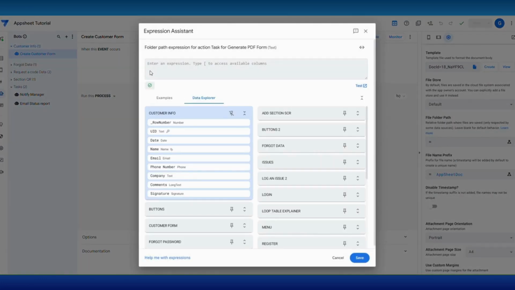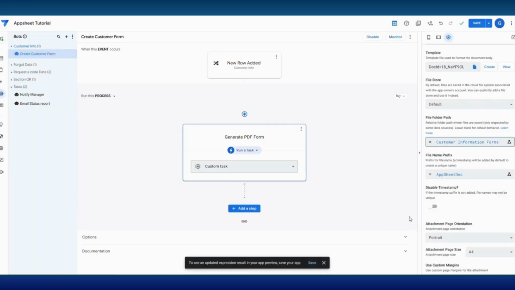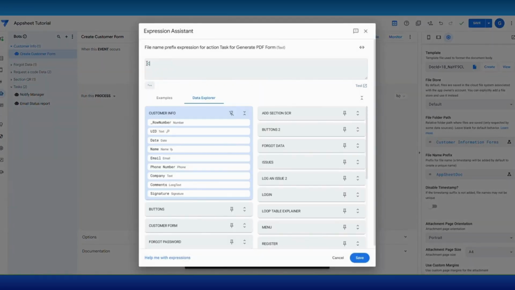document. We will create a new folder and call it Customer Information Forms. Then we need to tell AppSheet what the document's name must be. So we will put Customer Information. Very important, put an ampersand with a blank space, then another ampersand,